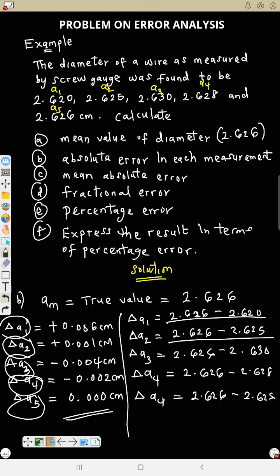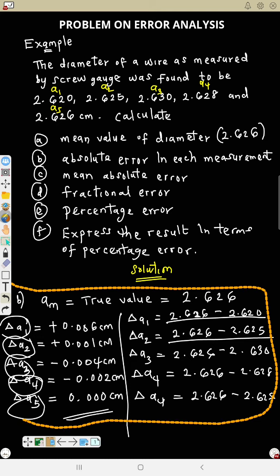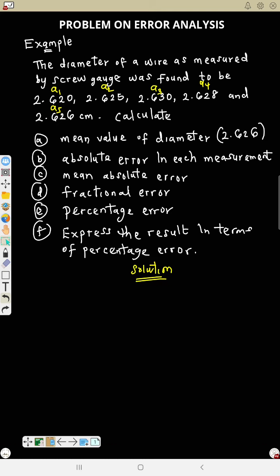So we are going to take the arithmetic mean of the magnitudes of delta A1, delta A2 up to delta A5. Mean absolute error is what we represent as the A mean,